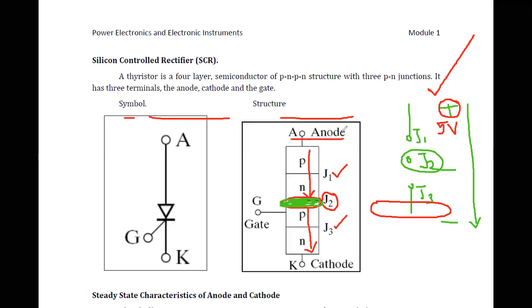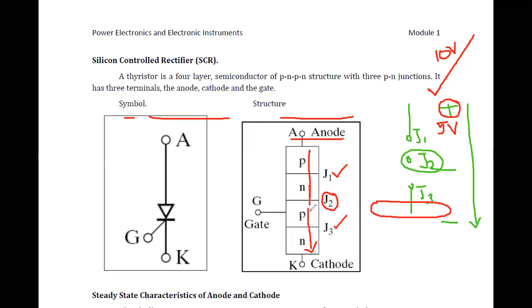So I will increase this voltage, that is the anode cathode voltage. Instead of 5 volts, I will give around 10 volts. For 10 volts, it will break and it will allow you